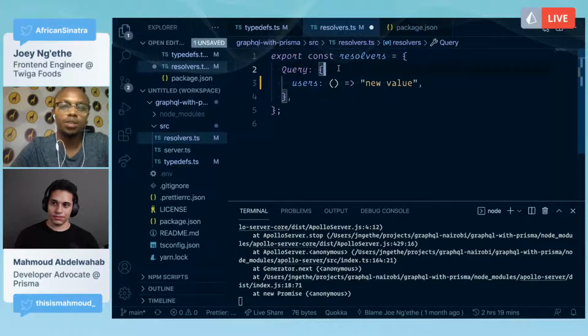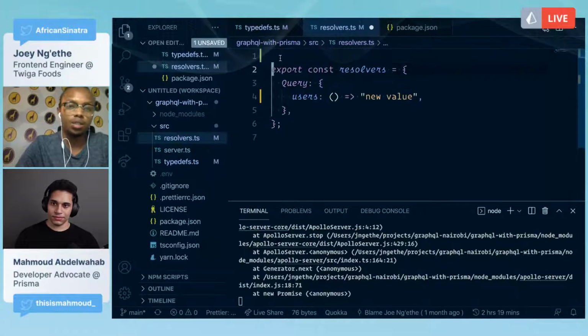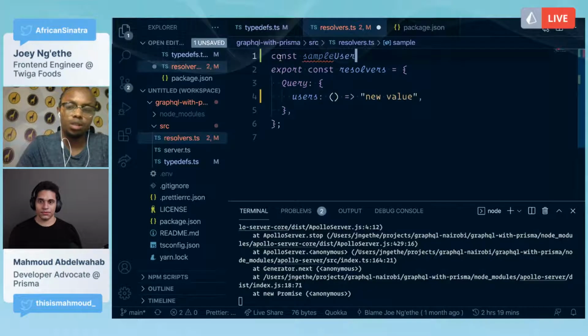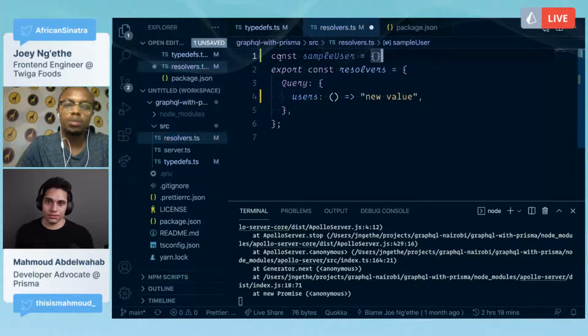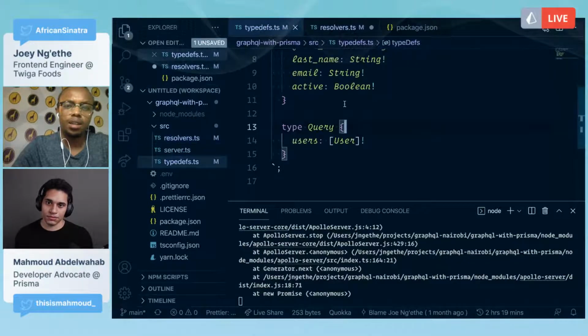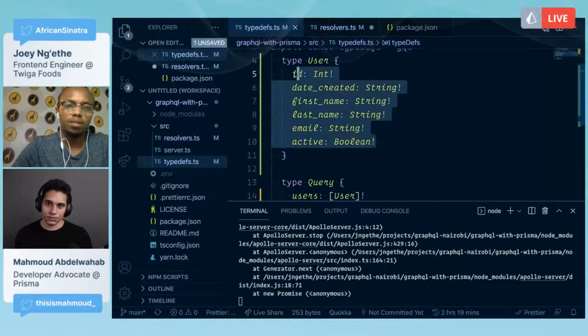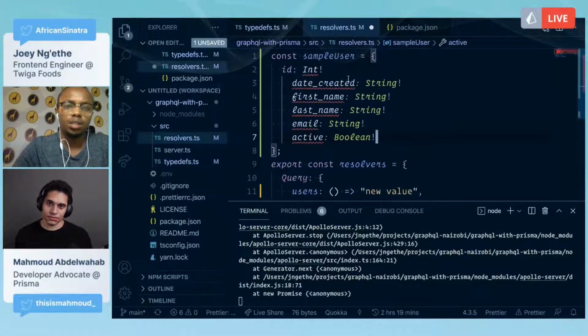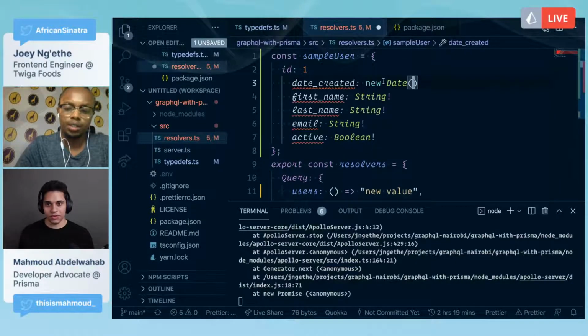For now, I'm going to just say sample user, and this is going to be an object. Okay. And then I'm just going to copy this stuff.